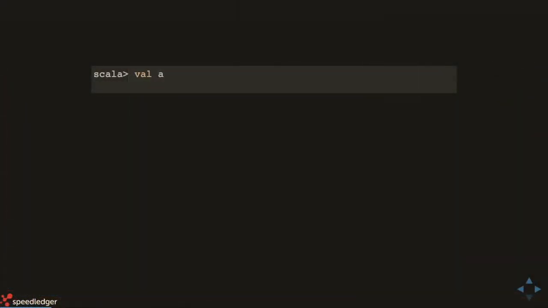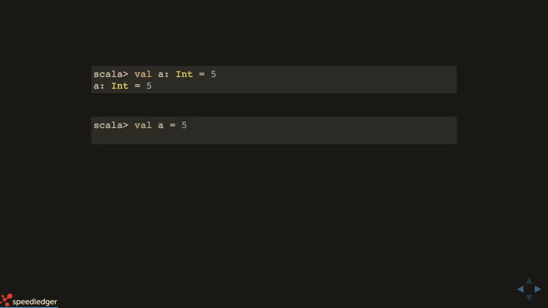So val means that you have an immutable value, and basically everything you do in Scala is immutable. The exception is when you explicitly have something mutable. So immutability goes all through, and that helps a lot when you come to concurrency, because you don't get any weird bugs because of it. And if you like, you can type out the type and just add the value. And it's going to say that, yeah, you have an int that has the value of 5. Or then you can just skip the type because it's going to be inferred for you.